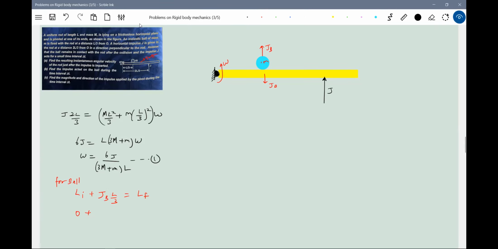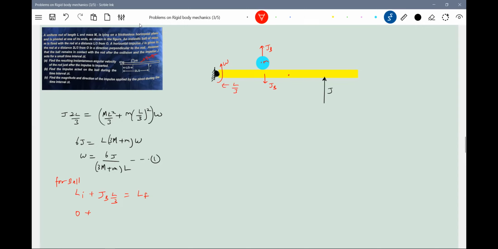I think the rod will try to move, no? Then it will push the ball. So the rod, as it starts moving, pushes the ball. Then their normal contact force will suddenly increase. That will become an impulse on the ball. And similarly, the ball will exert a force impulse on the rod also.